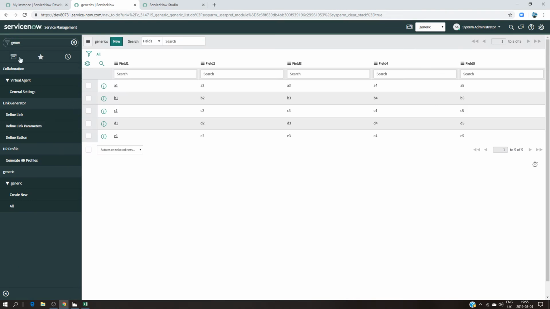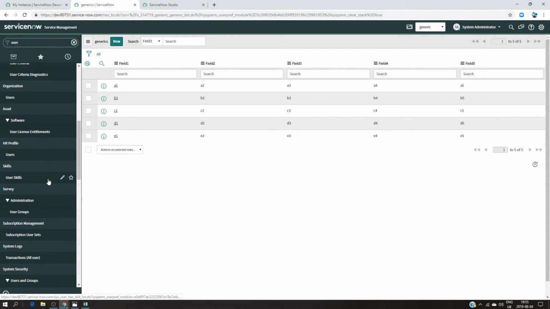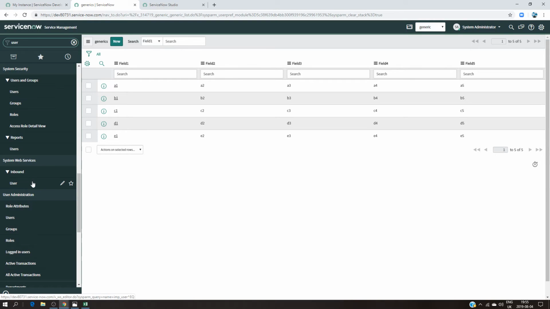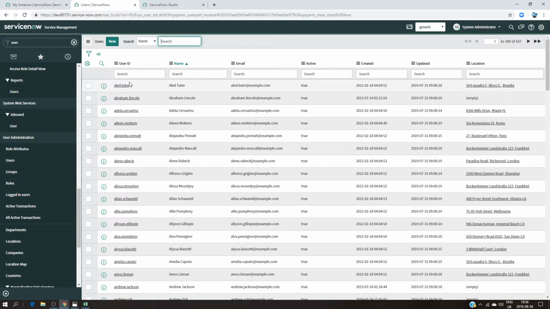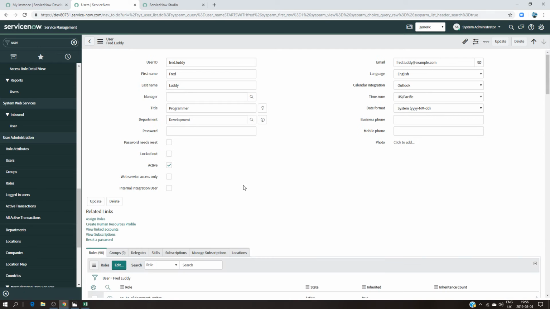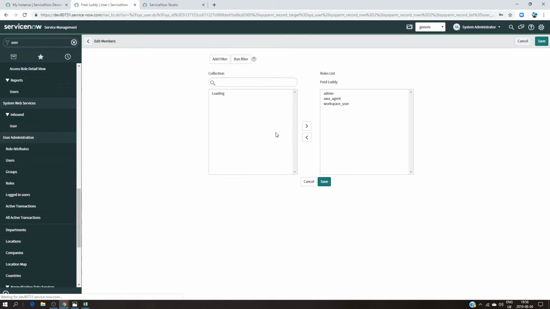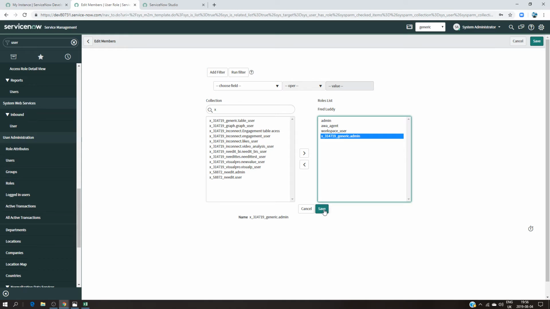Okay, so what you have to do is to type user, and if you scroll down, you will get the user administration. You go here and look for Fred. You will already be able to see everything, but still I'm going to edit and add this role to him because he's admin, so he will see it, and it's going to be admin for this specific application. So I'm going to save it,